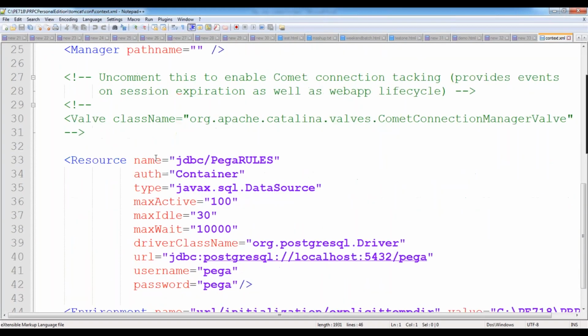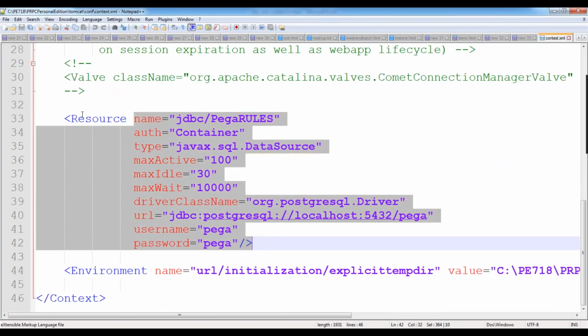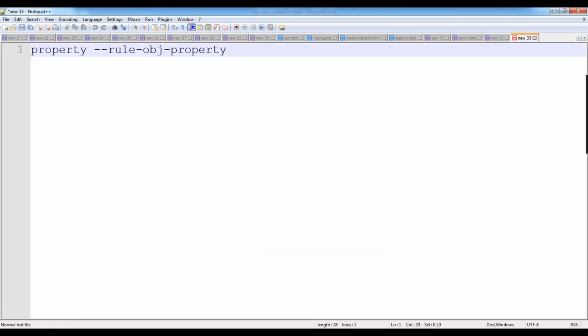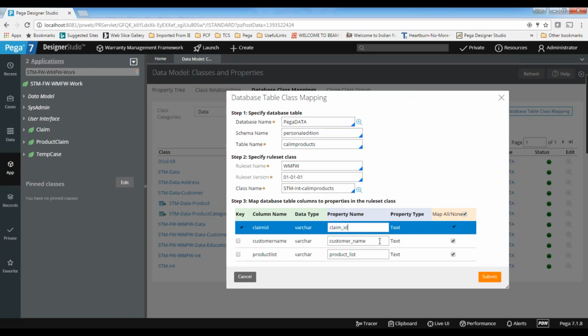Here these are the database connections. You can see the URL, username, password. If they are available, you can ask your administrator, the database administrator, in real time.